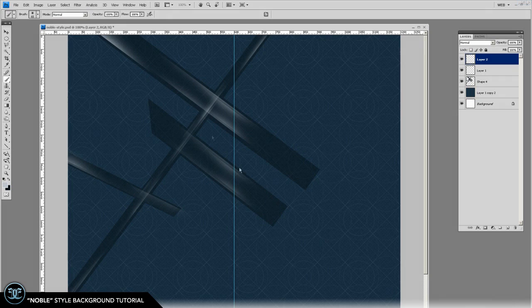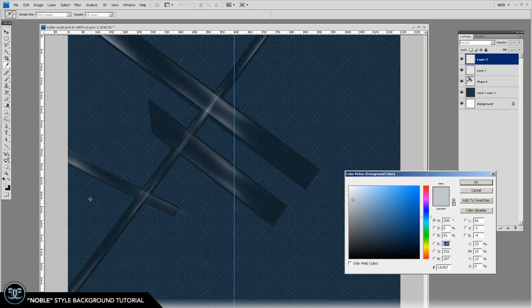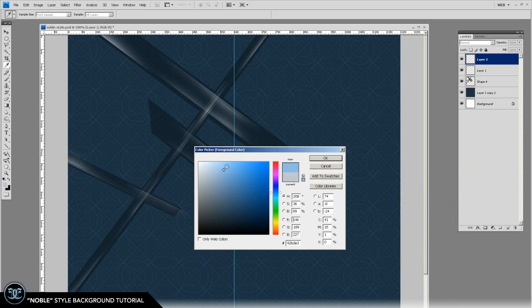Okay, so you can see that I went through and colorized the other lines, and I went ahead and overlapped some of the shadow here, so you can see where these lines cross. We brought in some highlight over them, and most of the stuff is all done within 2 layers. So it's a cool effect. The next thing we want to do is give a little bit of highlight around the element. So for this, I want to pick a more saturated, brighter color. So let's pick a pale blue